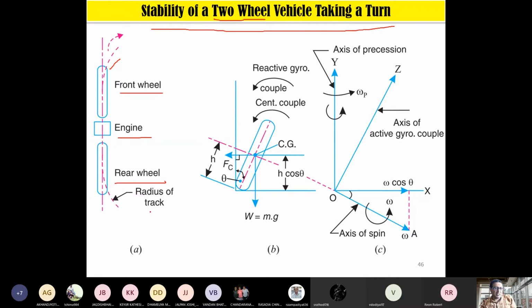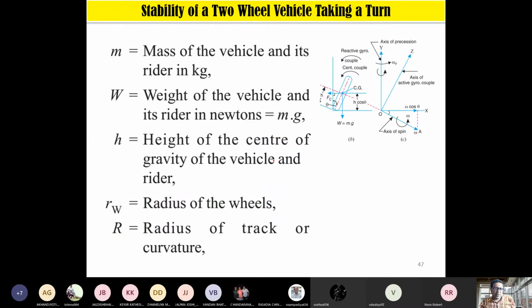So this is the radius of the track on which this is going to rotate, something like this. Now looking to the front, when it is going to take a turn, the vehicle is going to rotate about its vertical axis. This is not the case for four wheel. Four wheel you will never find, except the steering angle. But in two wheel, in a bike, we already know whenever we take a turn, we are leaning towards the ground. So if this angle is called theta, then it is called heel angle.